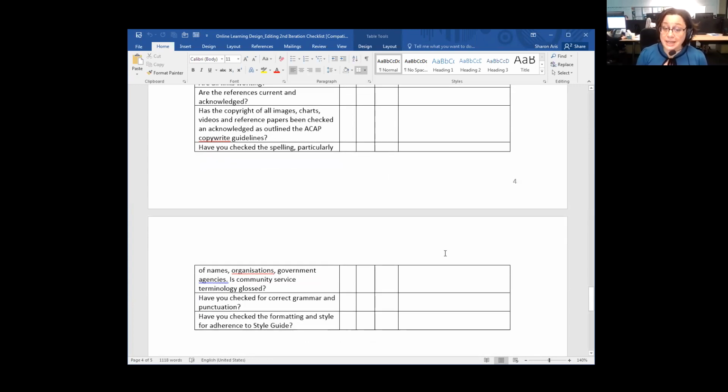Have you checked the spelling? And actually, I'll just jump back one quick thing to copyright, and I've spelled it wrong there, but one of the things we have in here that we have to be very careful of is that ACAP has copyright restrictions